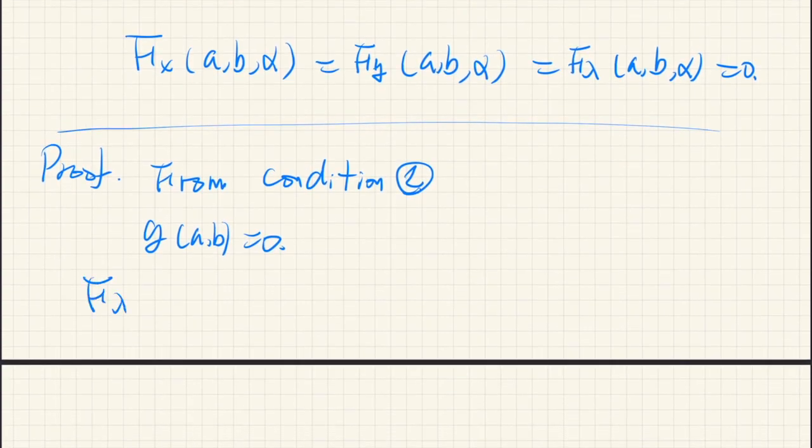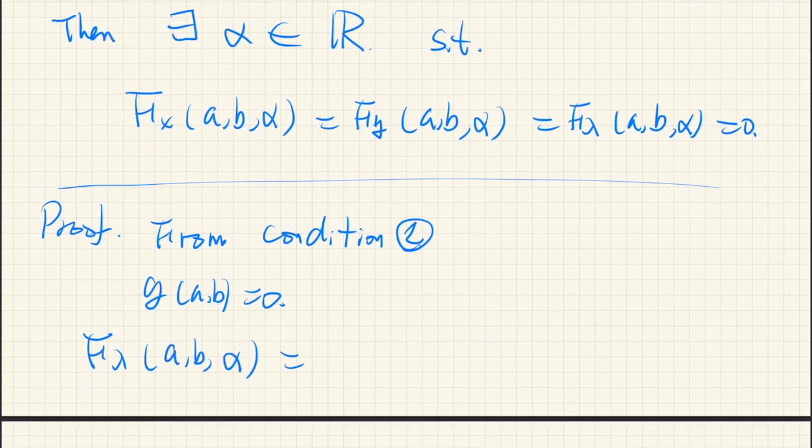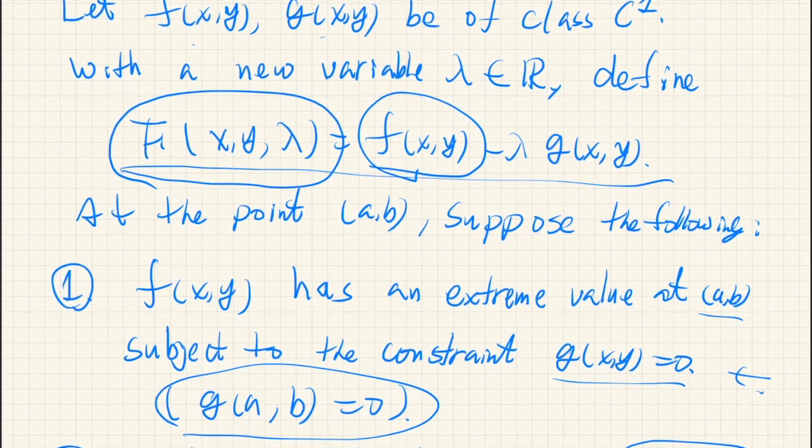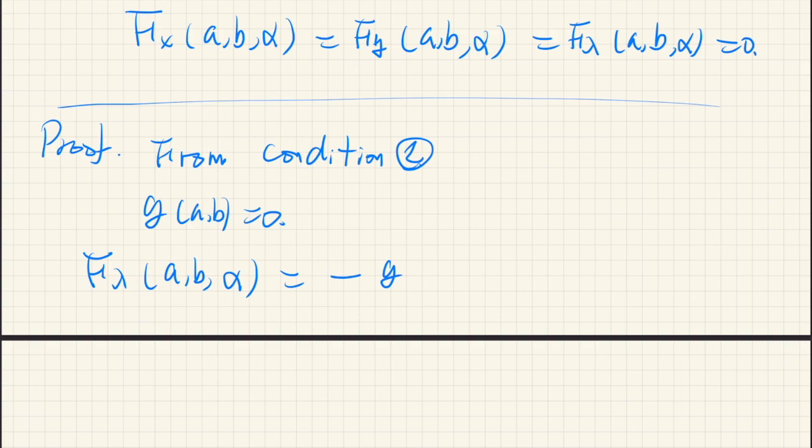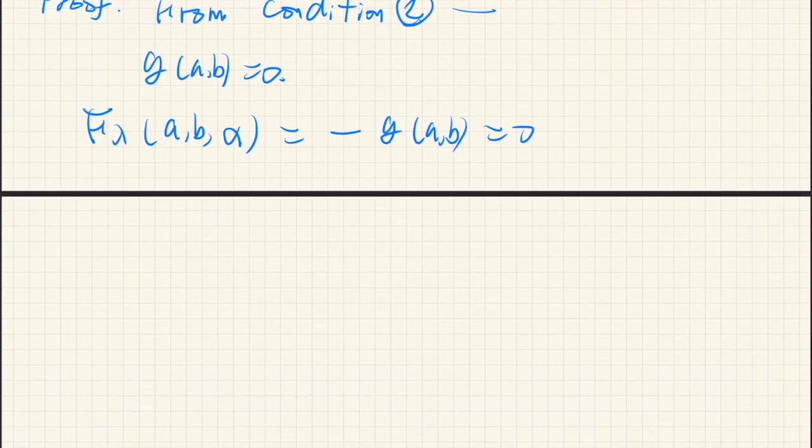So f lambda of AB alpha, if you differentiate this function with respect to lambda, what we have is just negative g of AB, which is trivially 0 because we're assuming this condition. So therefore this is trivial, and it suffices to show